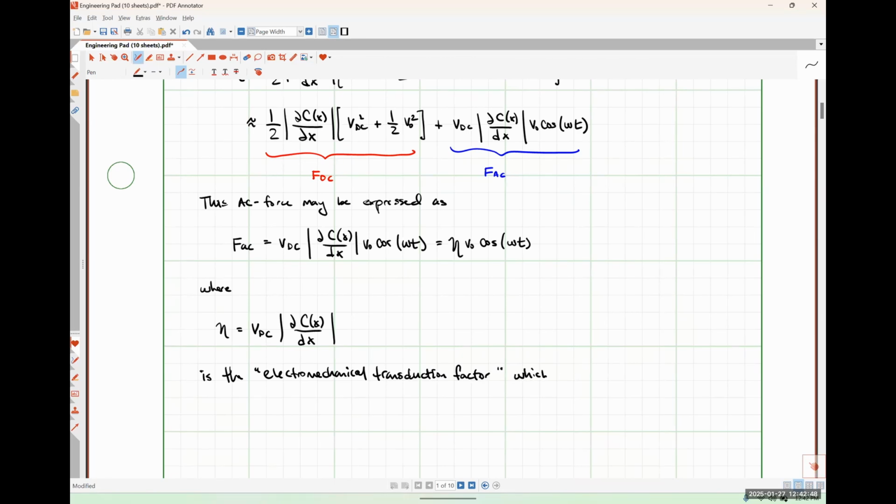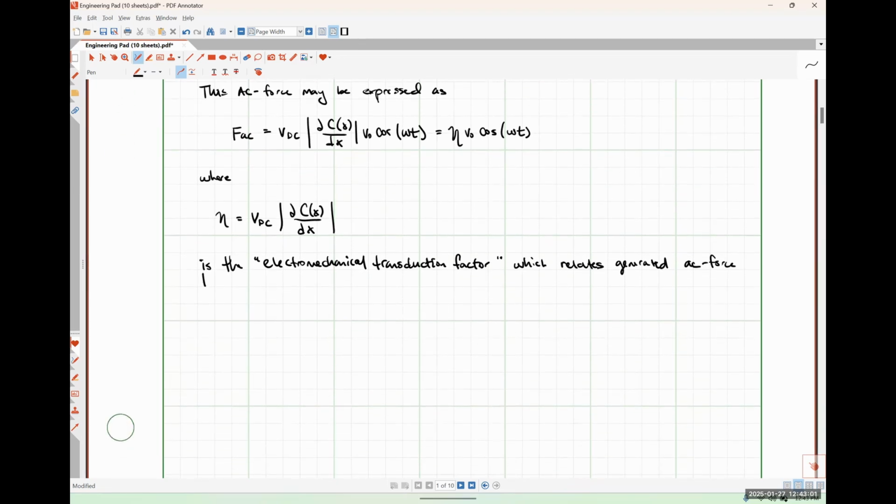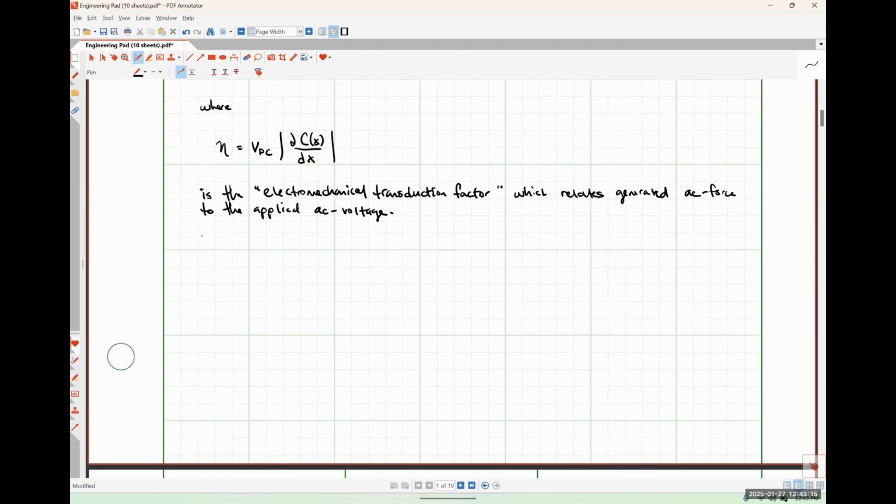Which essentially relates the generated AC force to the applied AC voltage. So for a parallel plate capacitor,